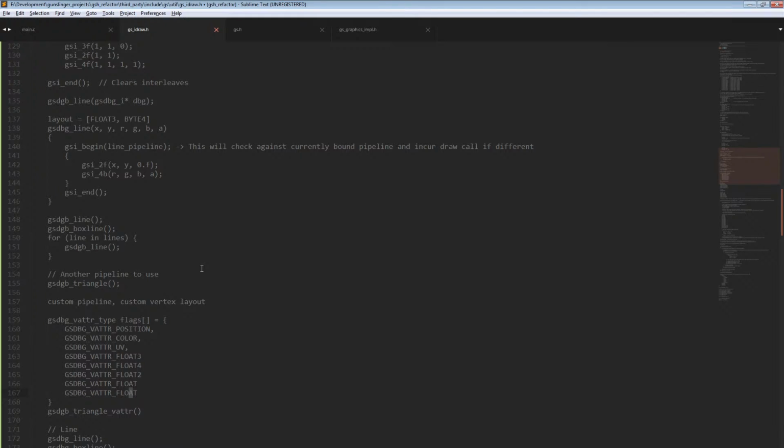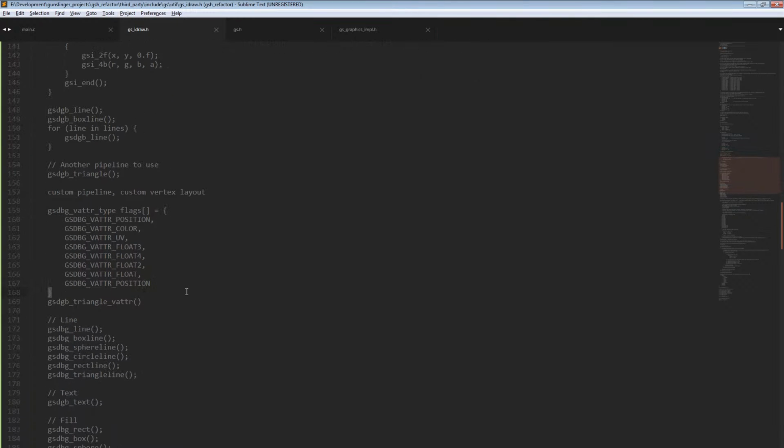Maybe you want the position here again. I don't care. Like I don't want to care what you want, right? So you can declare this, and then you can pass these flags up to the triangle. So typical triangle stuff. And then you pass the flags and the size of the flags. And then what it does is it grabs the triangle declaration for you,